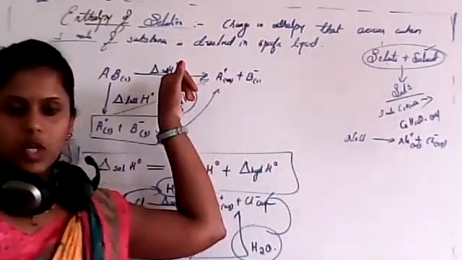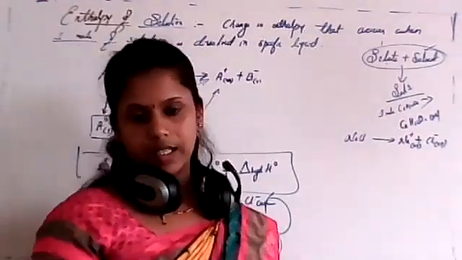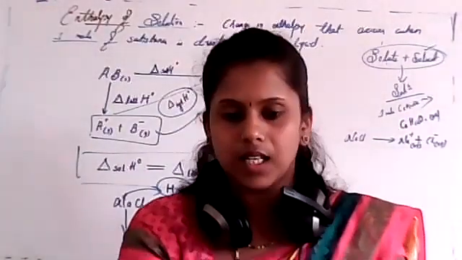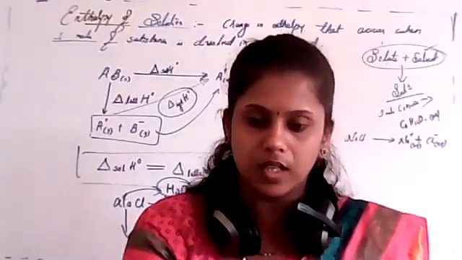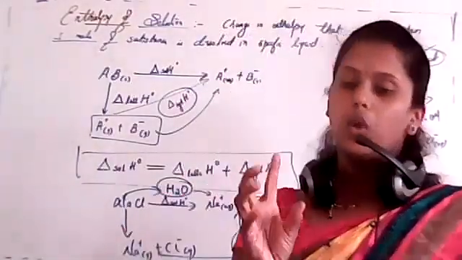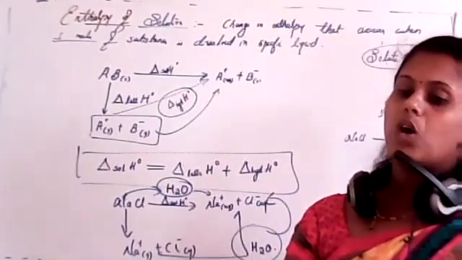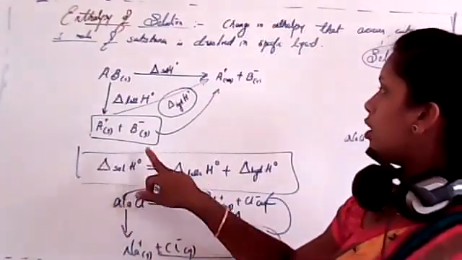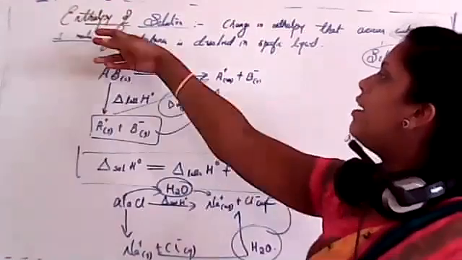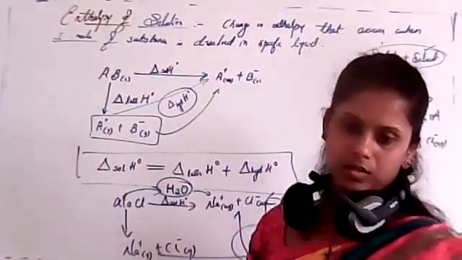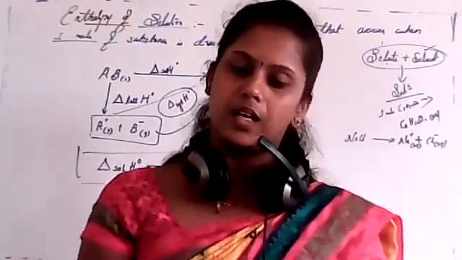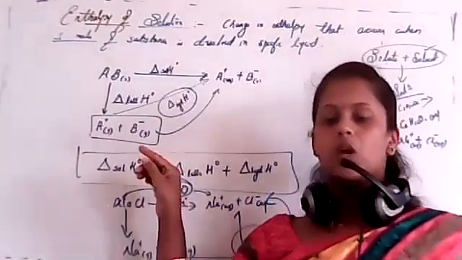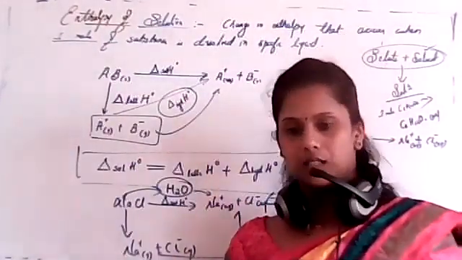Yes, delta H solution naught is nothing but enthalpy of solution. Is it clear, Ananya? If we are considering any solute and preparing a solution, in that case you have to consider 1 mole of substance which is dissolved in a solvent. We used solution, SOL. Sorry. If we are using standard enthalpy of solution, in that case it will be H naught. Whenever you are using standard enthalpy, you have to use this naught over the H, or else it is simply the enthalpy of whatever it is. Is it clear?